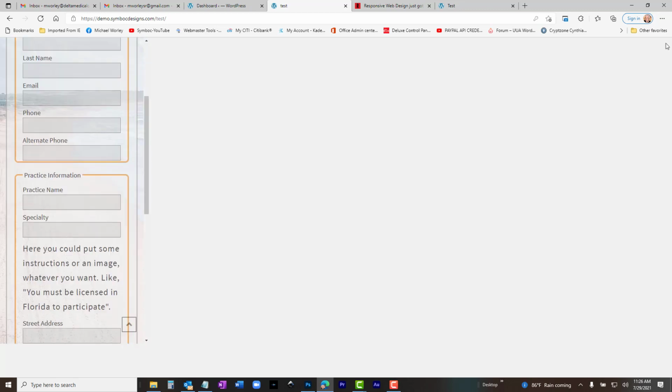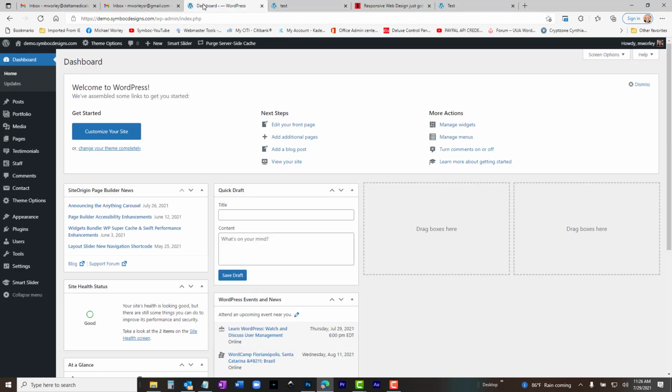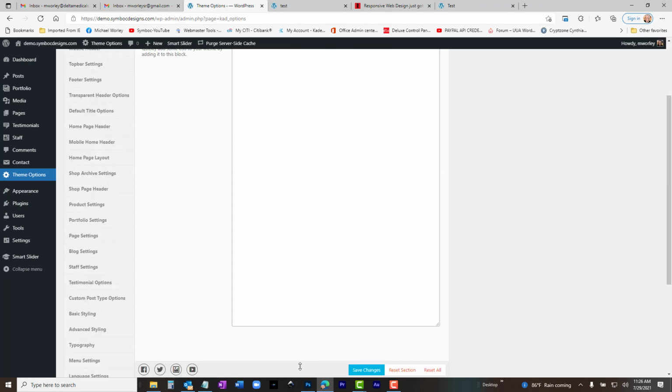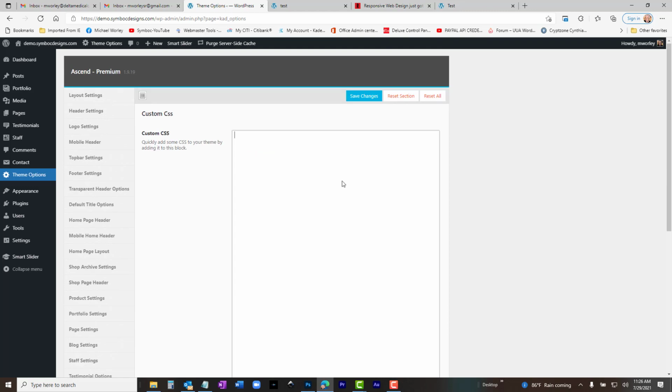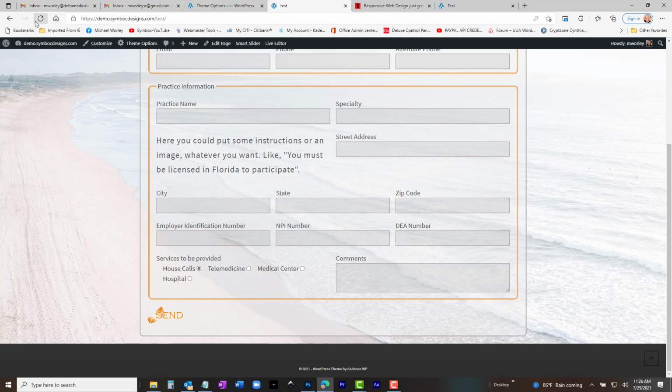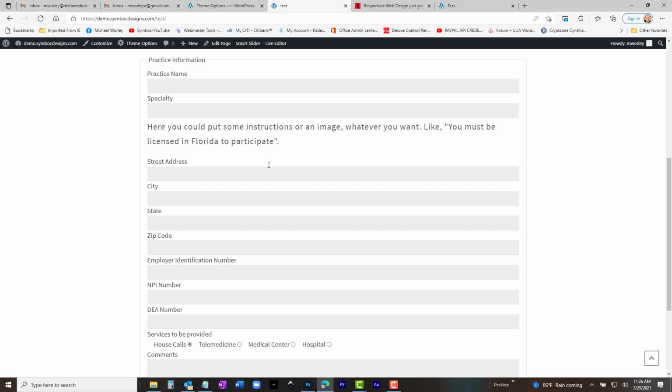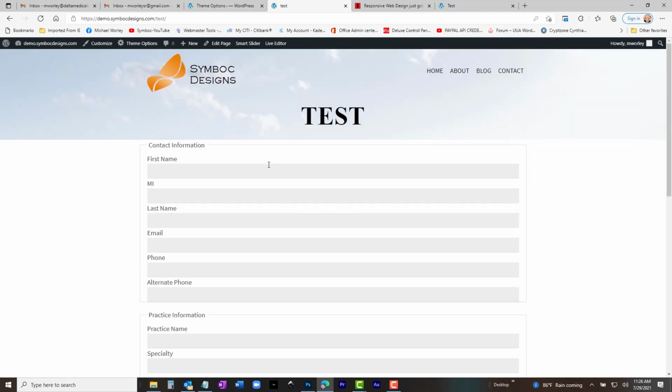Moving on. First, we will remove all the styling from the form. I do it by going to my theme options and selecting Custom CSS. It varies from theme to theme, but the basic location is in Customize, Additional CSS. I will select the CSS I want to remove and delete it. Save my work and return to the form page. Well, that's a mess. What did you expect? Now, we will create a new form line by line